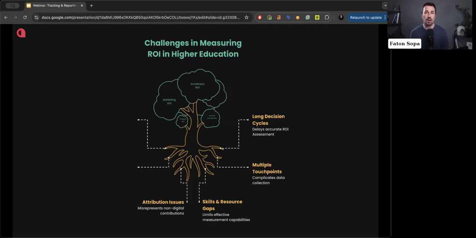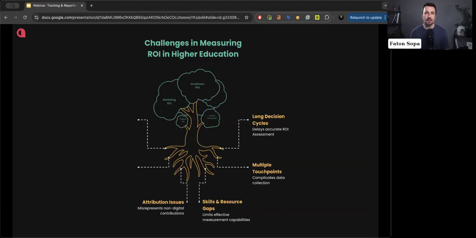And the more touch points that you have, the more complicated it is going to be to attribute your conversion to a specific source. So if a student, for example, sees a billboard or hears about your college from a friend, those are influences that you might never be able to track and add to your CRM.